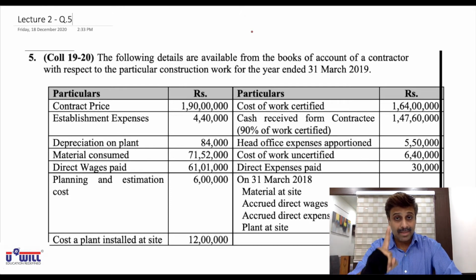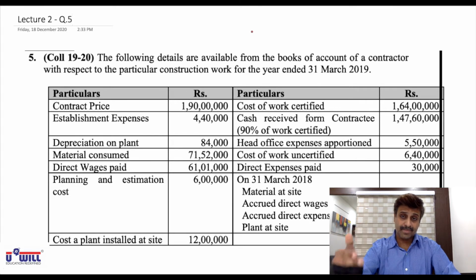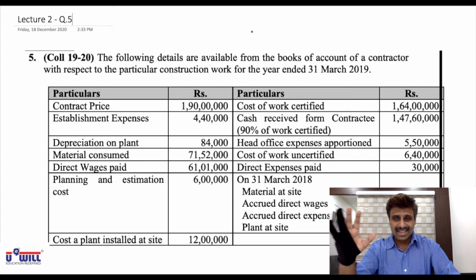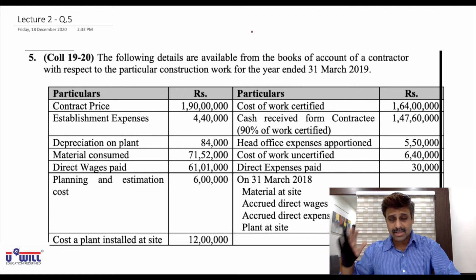25 to 50%, one third. One third of what? 1/3 into notional profit into cash received upon work certified. 51 to 90%, 2/3. 2/3 into notional profit into cash received upon work certified. 91 to 99%, estimated profit, and 100%, entire notional profit, or else, in fact, entire profit is transferred to P&L account, or else, if full amount of cash is not received, then notional profit into cash received upon work certified.